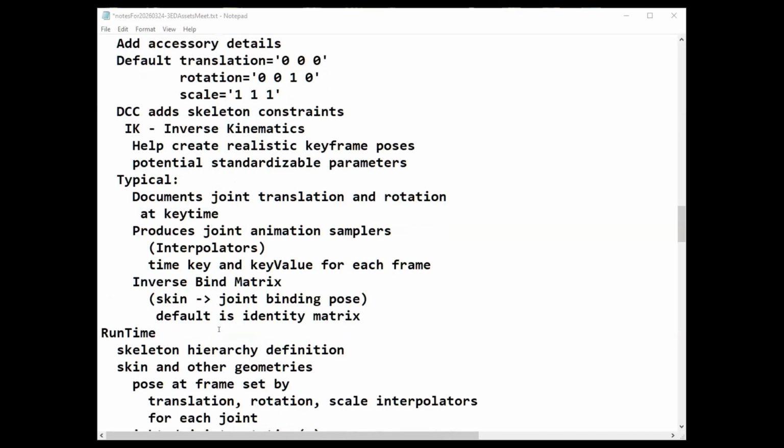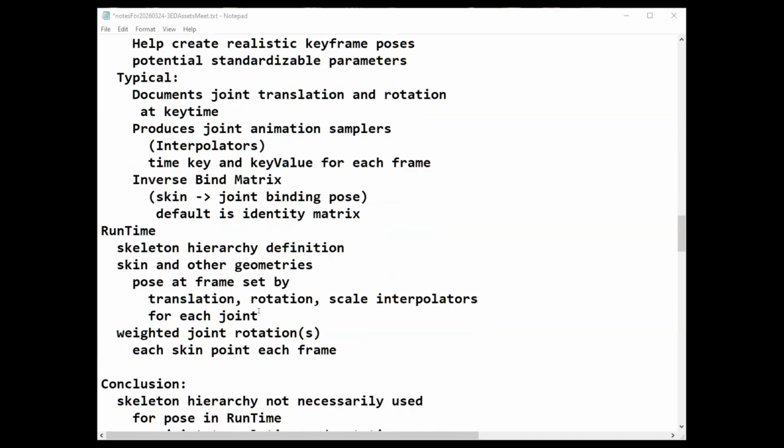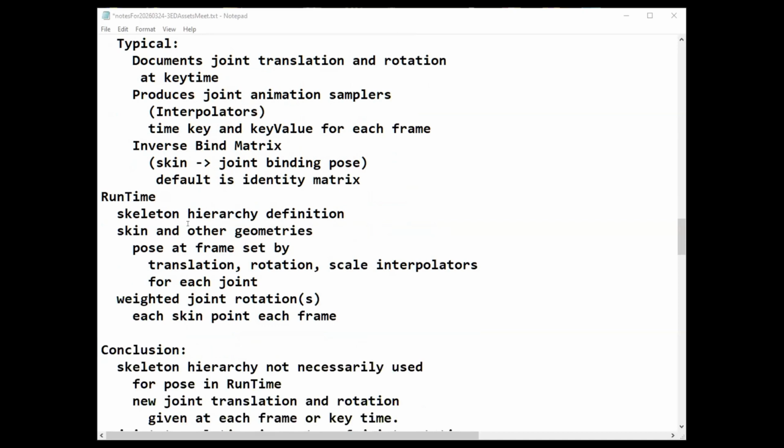It uses that inverse bind matrix, and the default for this inverse bind matrix is an identity matrix, and that turns out to be convenient if you use that capability right. So at runtime, glTF in its highest order will use the skeleton hierarchy definition and then set the pose and other geometries by the translation and so forth.